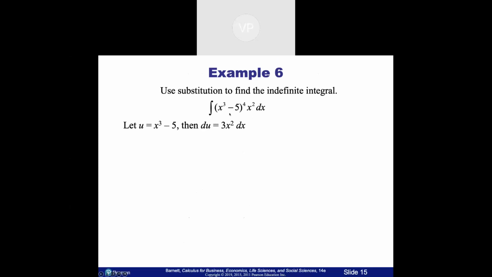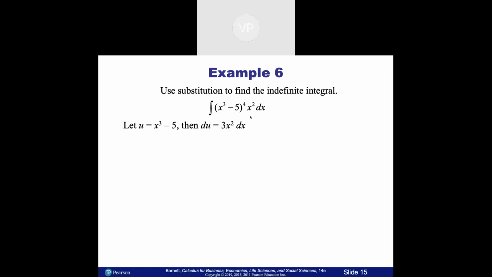I want to let u equal to this base because I'm looking ahead. I'm thinking, if this is u to the 4th, I know how to do this problem. But when it's x cubed minus 5 to the 4th, I can't do the problem. So I let u be equal to x cubed minus 5. du is 3x squared. Now notice the first problem is we have, I kind of write down what we have,